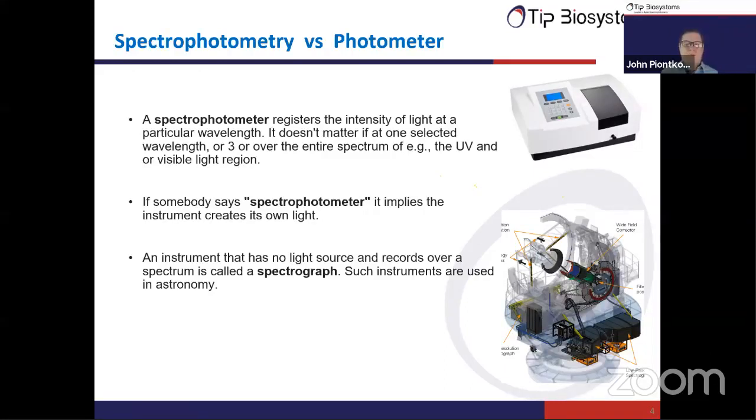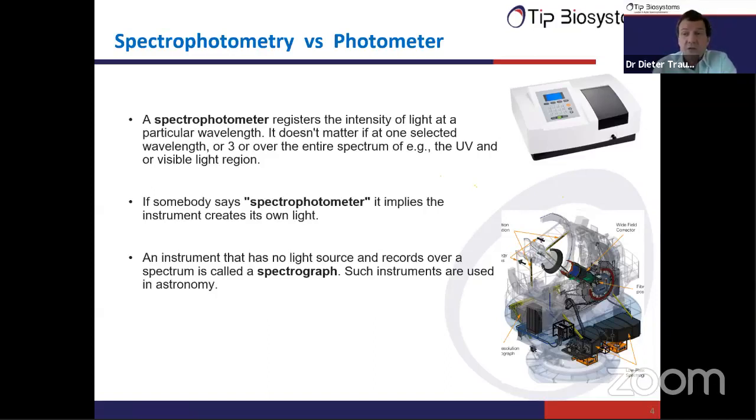So usually if we say spectrophotometer, we imply that it's an instrument, mainly a benchtop instrument, that contains its light source, and it contains something that's a monochromator and so on. Sometimes there's also this term spectrograph. So what is a spectrograph? Actually, a spectrograph is an instrument that records the light intensity over a certain area of the spectrum. And those types of spectrographs are used in astronomy or to study the sun, what type of rays the sun is emitting.